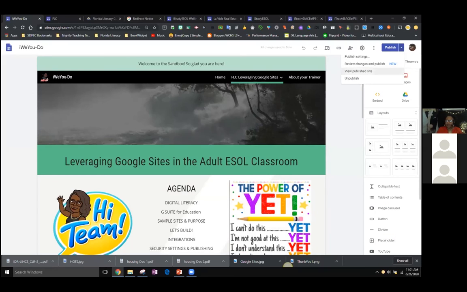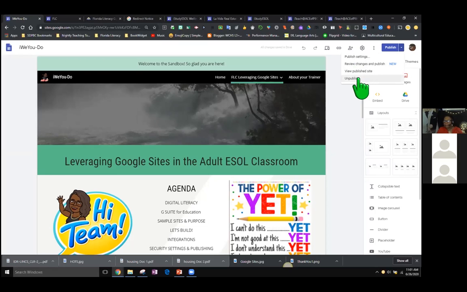Now, this is where you can preview, and this is new. Notice that this wasn't there before. This is fairly new. You can preview your site before you actually publish it, just in case you have stuff that you don't want to lose. Because once you publish the changes, your old stuff is gone, unless, of course, you go back and look at site history. And this allows you to view the published site.